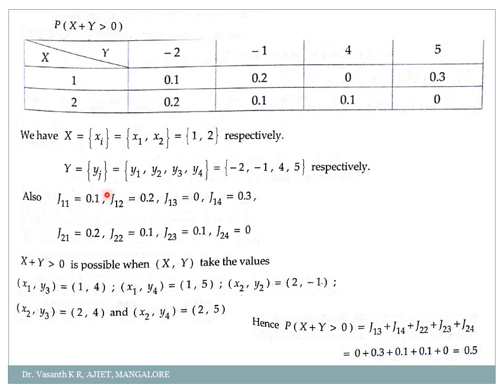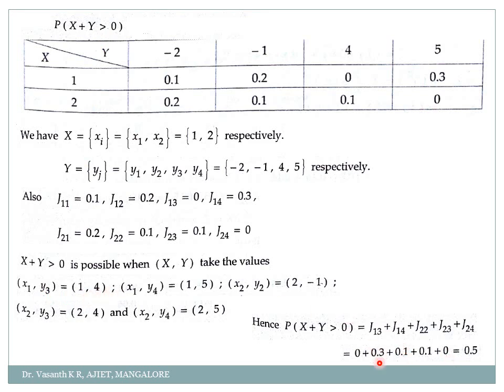So here, if you check, 1 plus minus 2, I am adding x and y values to check whether it is greater than 0. 1 plus minus 2 is how much? Minus 1. So can I take that value here? You don't worry about these values, okay? See here, 1 plus minus 2 if I take, I'll get minus 1. I am not taking that. 1 plus minus 1 is 0. I will not take that. 1 plus 4, yes, 5, which is greater than 0. So I'll take that value.